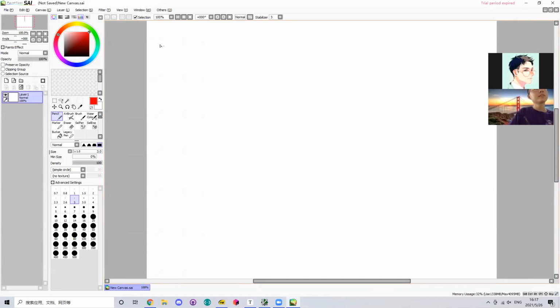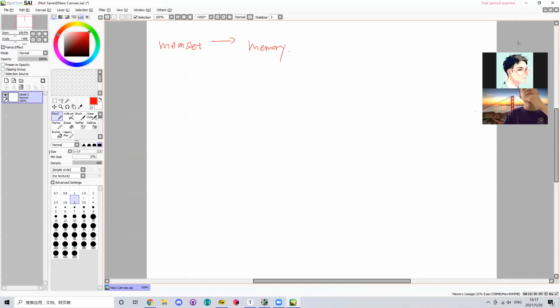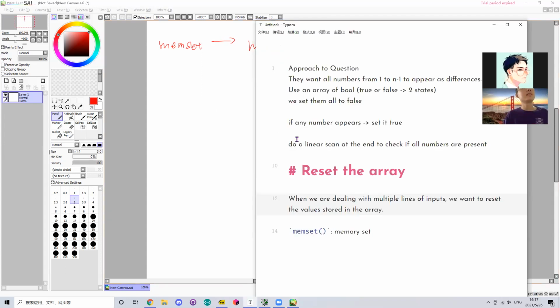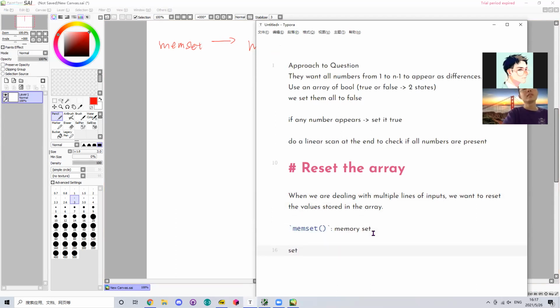So memset, it's from C because it's about some operation on memory. And in a modern system, we usually store something with multiple bytes. And about memset, when we are setting Boolean,